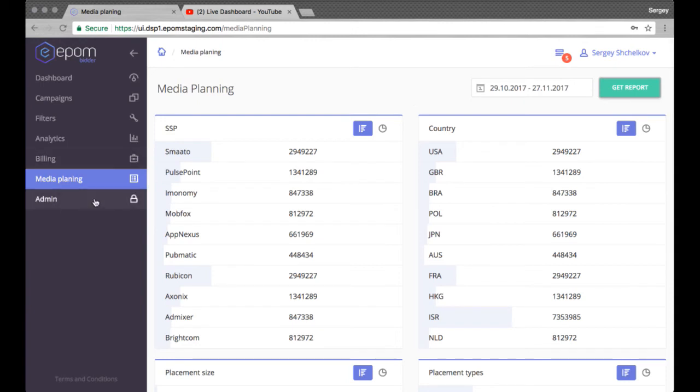Another thing that I wanted to stop on would be users management. So being a white label DSP, you can of course white label everything, which means that you can change the URL where the users, and you of course, log in. You can change the logos, you can change all the colors. The endpoints that you give out to SSPs would also be unique to you. It may contain your domain, but the biggest reason to do this would be